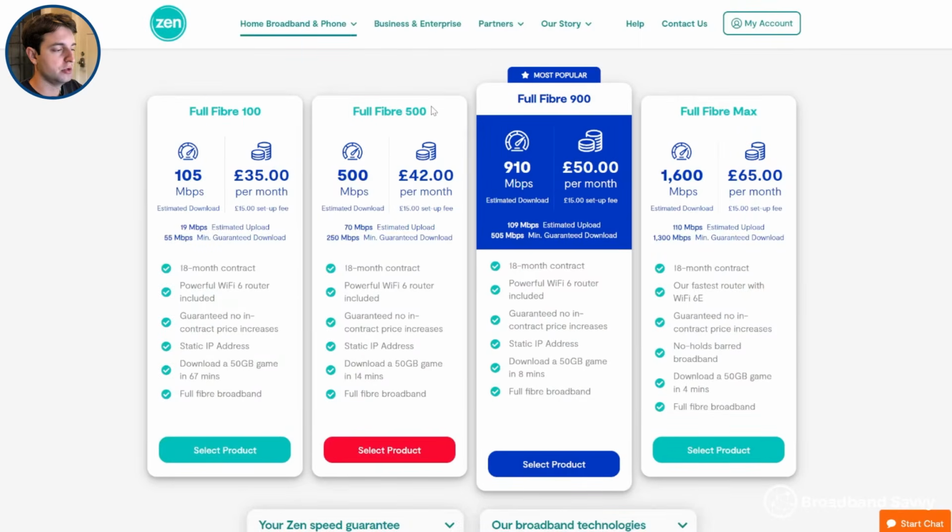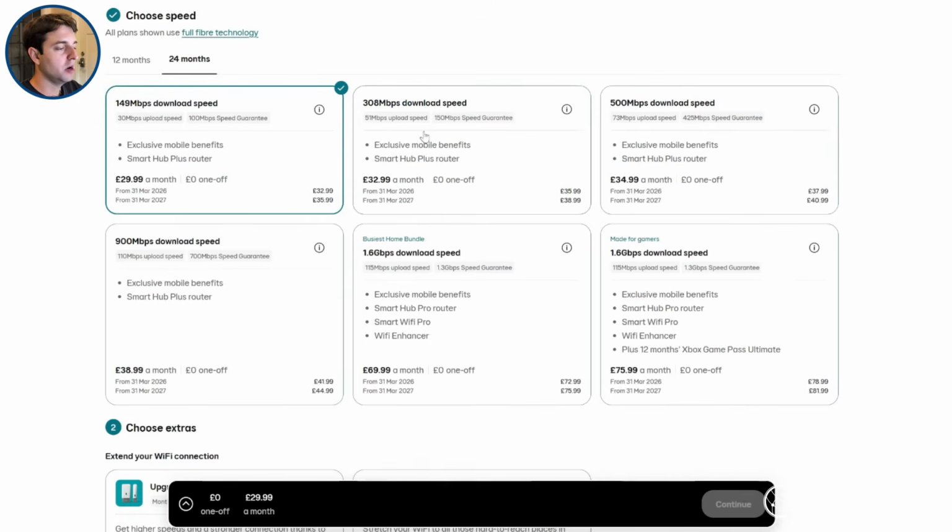But between 100 and 500 megabits per second, it would be good to see another plan, as we touched on before, because 100 megabits is probably a bit low for most households these days, with multiple people online, but 500 is quite a lot, which is why most other providers like EE have a 150 and a 300 megabit deal, because this is the range that most people fall into, in terms of the speeds that you need as a